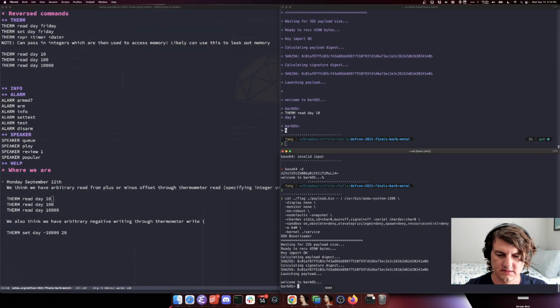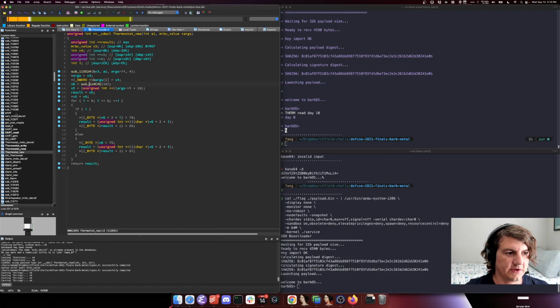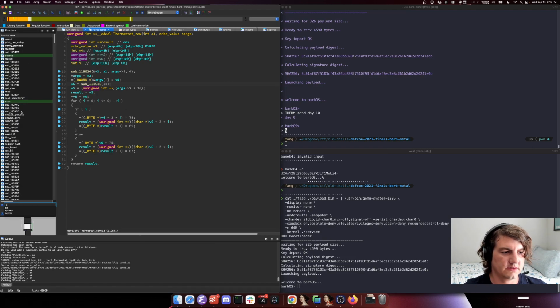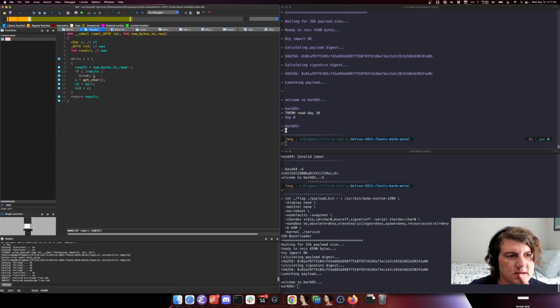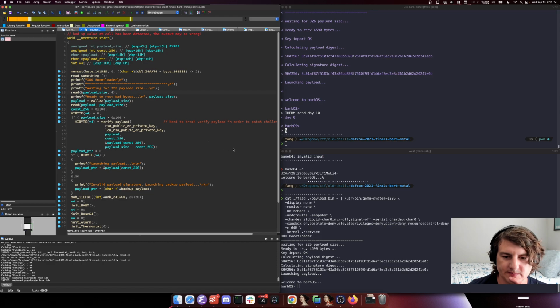But yeah, there we go. So if we go back to start, waiting for 32-byte, right, the payload size. That's interesting. Okay. Ready to receive. Huh. Okay, that's weird because I'm definitely not sending that. I'm sending... yeah, this is all right of how we thought about it. Okay. Well,